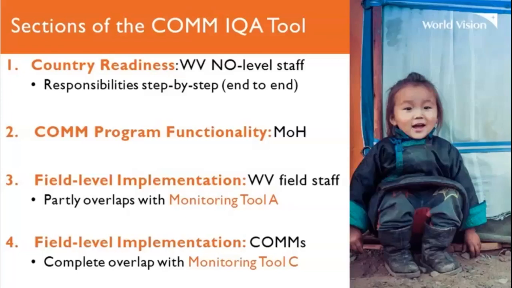And so the first tab looks at the country readiness processes, or the program setup that needs to happen front end at national level before you really get going with your COMM implementation. And most of this is the responsibility of the national office health manager, or equivalent position, and the types of activities that he or she does to get COMM set up